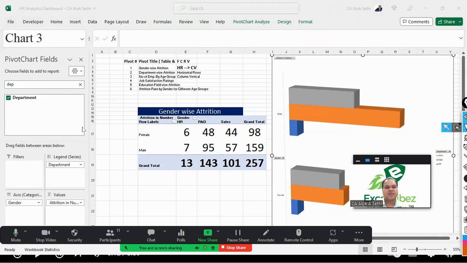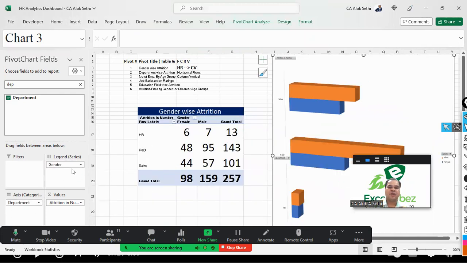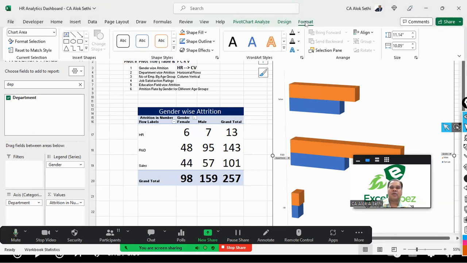So that is how you can design your pivot table. अगर हम इसको स्वैप करते हैं, डिपार्टमेंट को डाल देते हैं एक्स एक्सिस में और जेंडर को डाल देते हैं यहाँ पे कॉलम में, तो आपके ये कॉलम वाइज तीनों डिपार्टमेंट वाइज बन के आएंगे। सेल्स में मेल इतना है, फीमेल इतना है, R&D में मेल इतना, फीमेल इतना है, और HR में फीमेल और मेल इतने हैं। तो depending on what kind of visuals you are creating, टेबल आप जैसे बनाएंगे वैसे ही आपका चार्ट बन के आएगा।